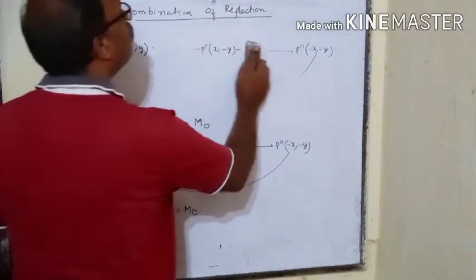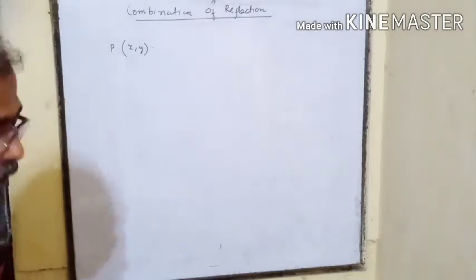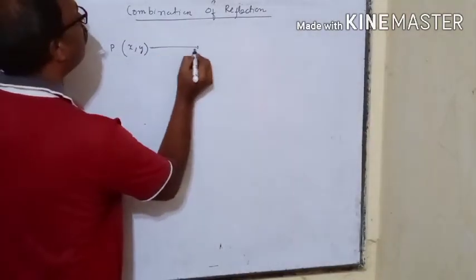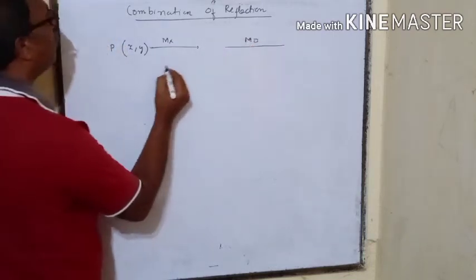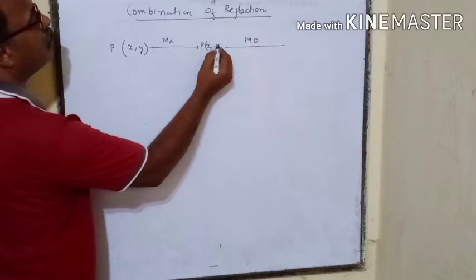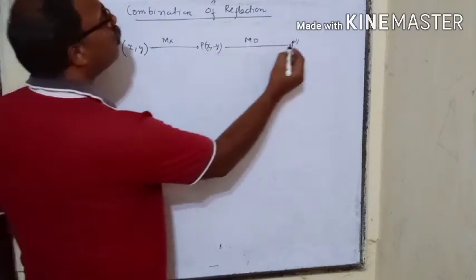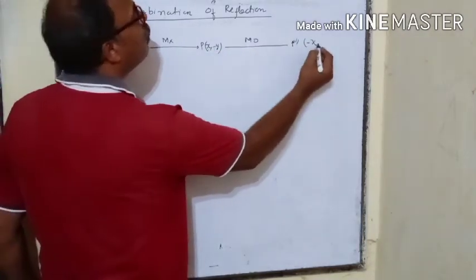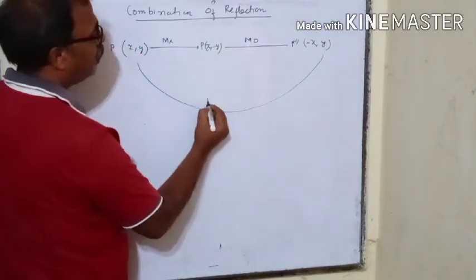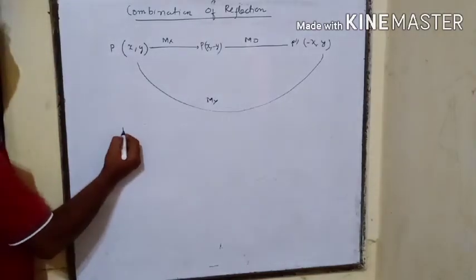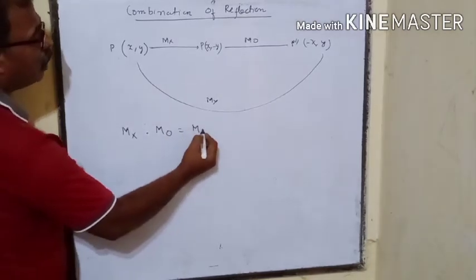Now we are going to the next point, where we see a reflection, but now some change is there. What we'll do is see the reflection of (x, y) first in x-axis, and later on we'll see the reflection in origin. So at first it will become P dash (x, minus y), and when we reflect it in origin, it will be P double dash. Both signs are changing, so x will become minus x and minus y will become plus y. So if you see the single transformation from here to here, we'll find that it is My. So we can generalize that reflection in x-axis followed by reflection in origin is equivalent to My.